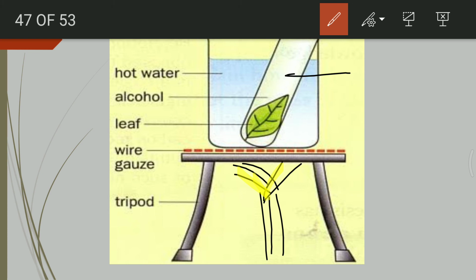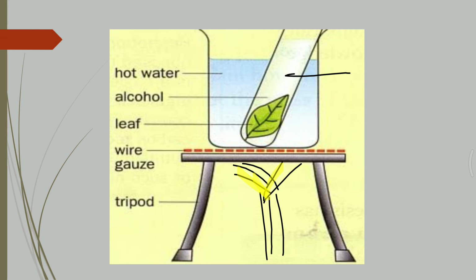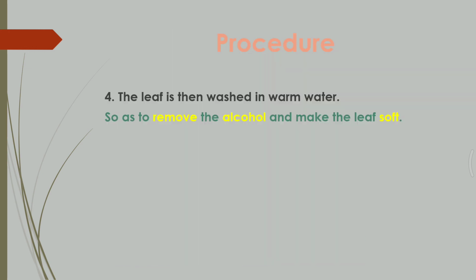Once we are doing this experiment, the leaf has already become very brittle and hard and is devoid of chlorophyll. Now, the next thing we do is we wash it with warm water. As we are washing it with warm water, you can see that the leaf will again become soft because of the presence of hot water. We are not using cold water. We will definitely use hot water in order to remove excess alcohol over it, and if alcohol is present, iodine solution will not act. So that is also one of the causes for washing it in water.